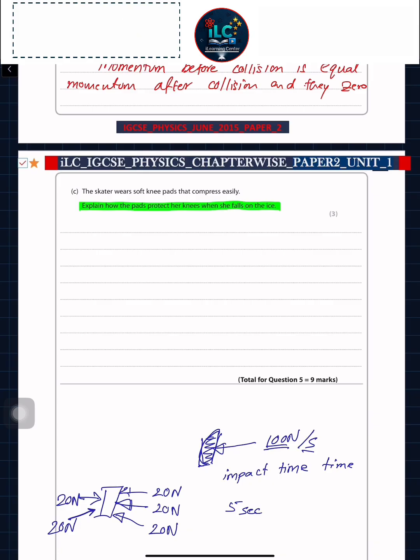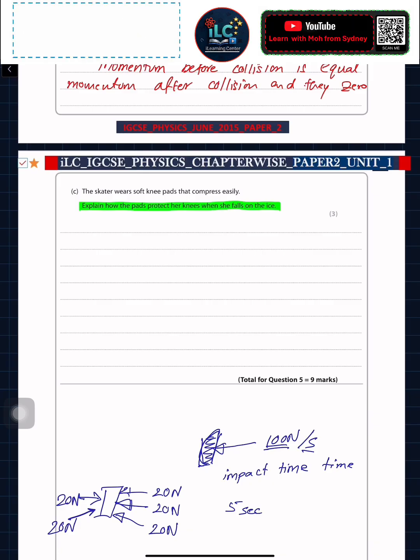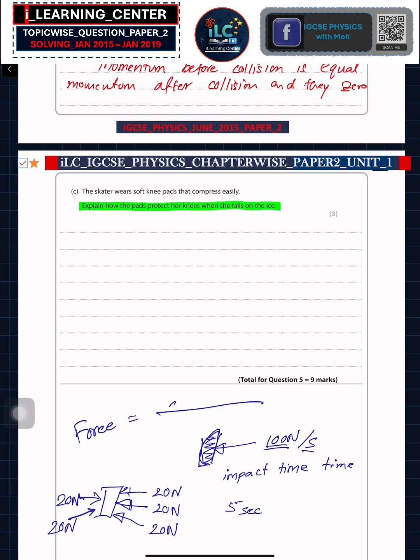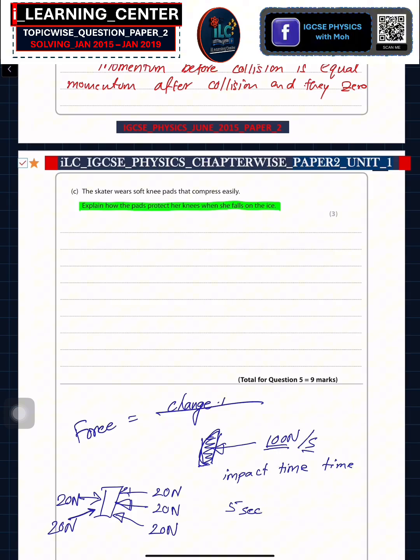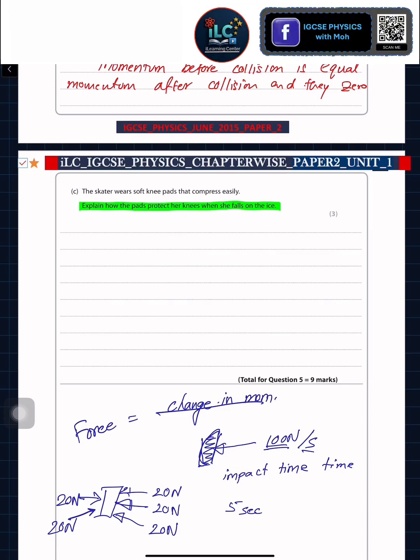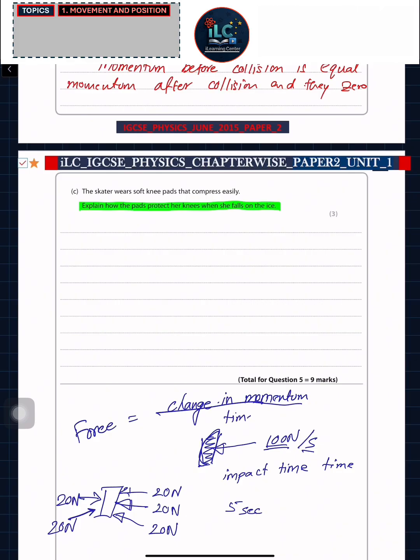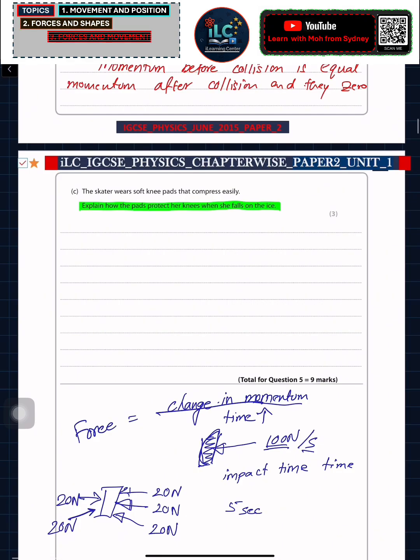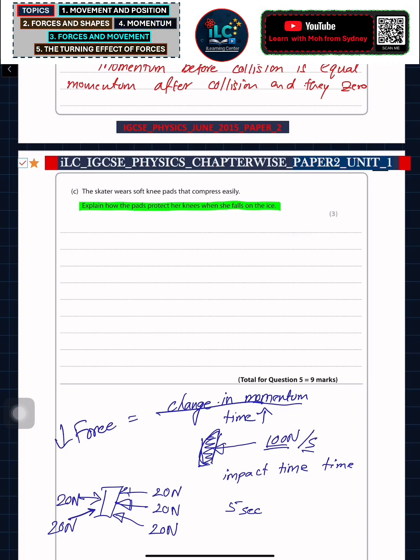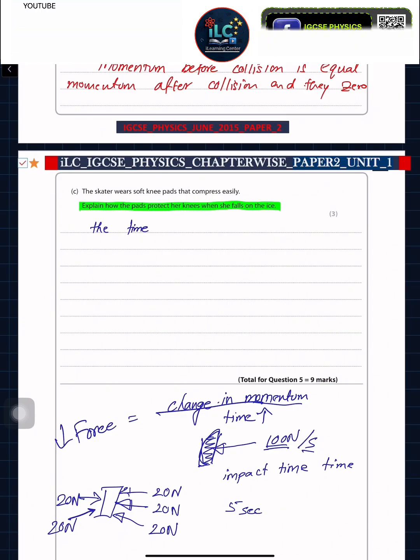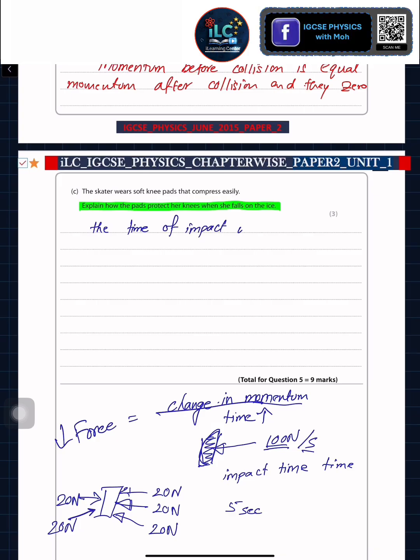And here is another important formula that you need to remember, which we will use in the explanation as well. Force is basically equal to change in momentum divided by time. So you're just increasing this time. If you increase this, eventually the force will decrease. Let's explain this. We will explain that the time of impact will increase,